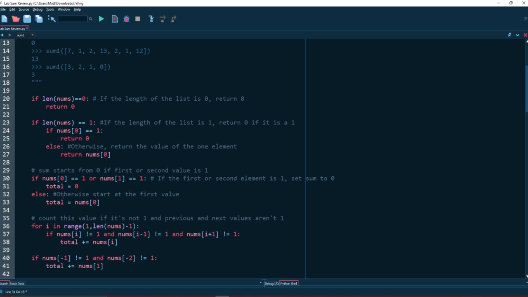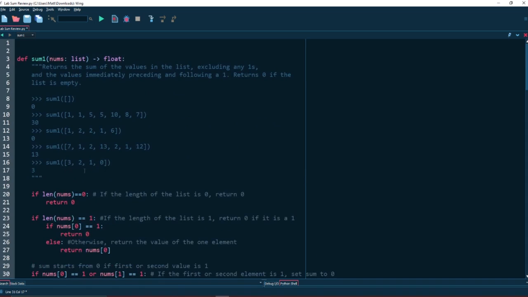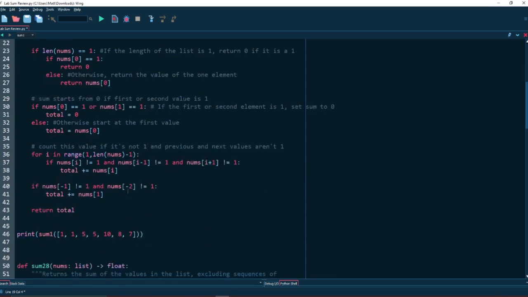If the second value is 1, the preceding is 0. Otherwise, you'll start with the numbers. So in this case, you'll start with 3, because the 1 is the third value, not the second value. So this will get canceled, this will get canceled, the 3 is still there. And then this is where you have your loop.